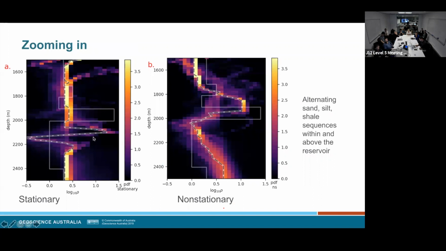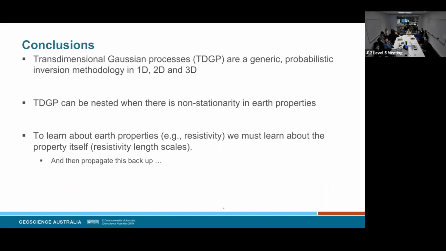And then you can zoom in, and you'll see that one has basically missed everything besides the sharp change, because there's something going on with the sedimentation over here. It's very gradual, so there's not a sharp electrical resistivity contrast at the top, but there is at the bottom. But in this case, it's just able to adapt to the geology and the resistivity contrasts better. And so, to leave it at that, whether you use the nested version or the non-nested version, it's a generic inference methodology.